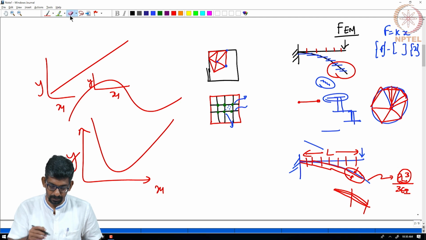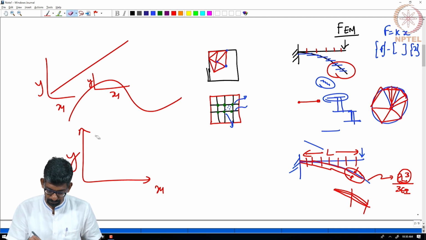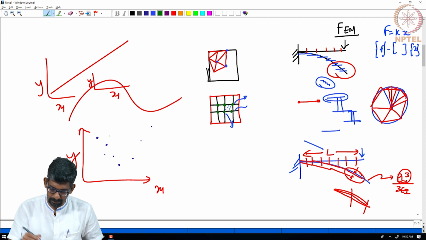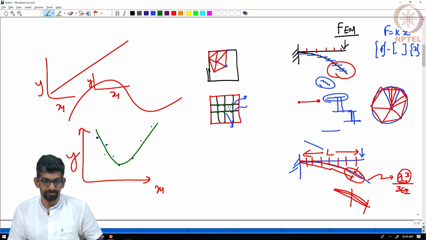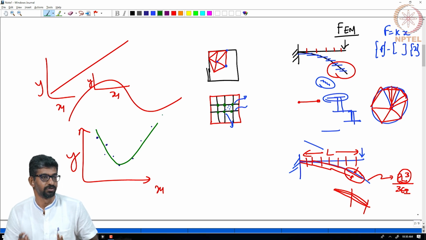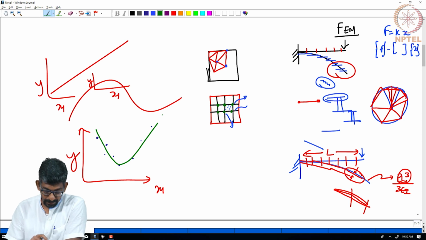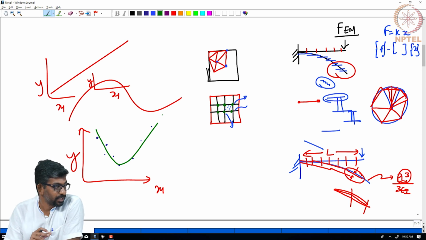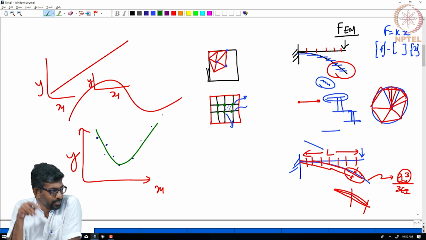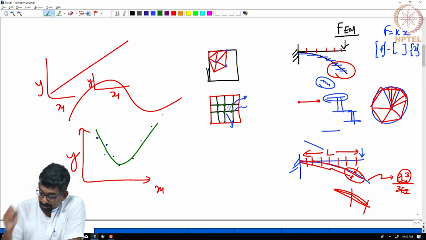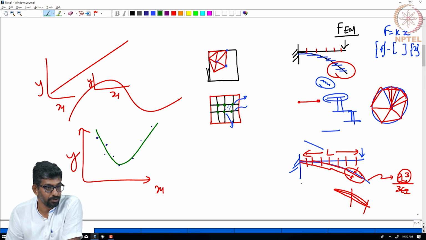Instead, what you have, and then it is likely that this is going to be the fit for this guy. I just give you a set of points, can you give me the curve? That is what we are going to look at. And in a similar way, in this case we are looking at a continuous function. See, eventually in finite element also what you do is this, though you are estimating it